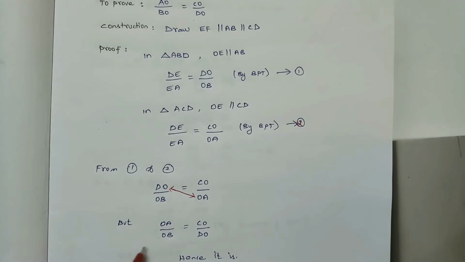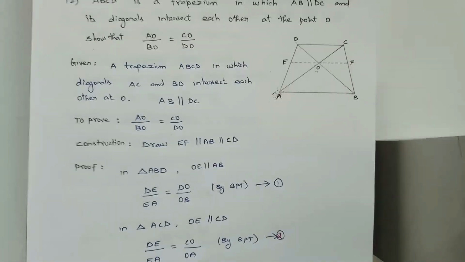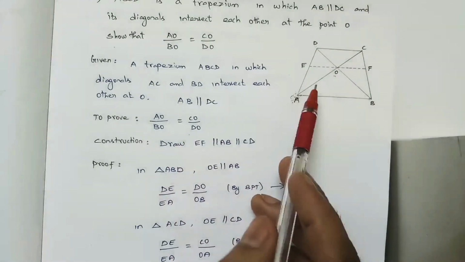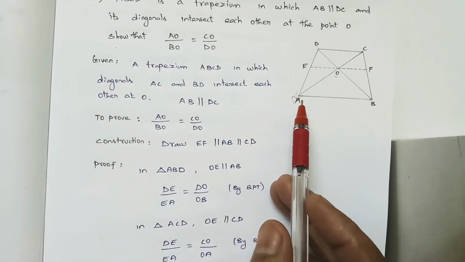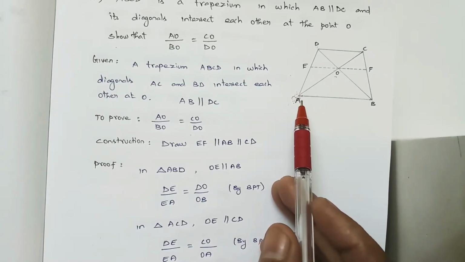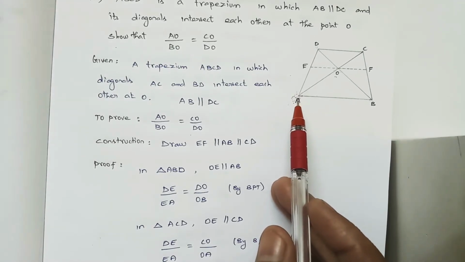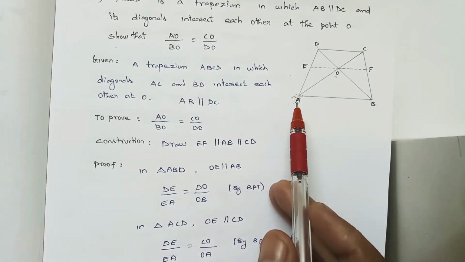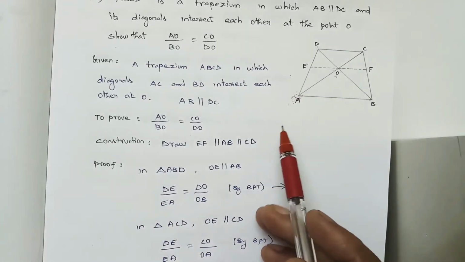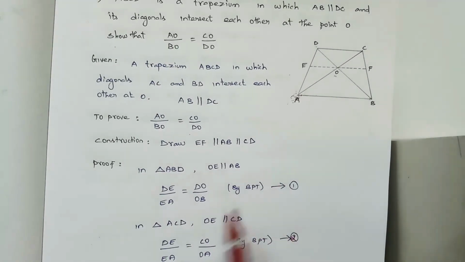Hence it is proved. Understood? So before proving whatever they ask you to prove, from the diagram itself you have to come to a conclusion. How are we going to prove it? What common sides am I going to take? How many triangles do we have, and what properties do we need for them? Do we have to draw any construction or not? Just analyze whatever is needed, and you can do all those things. Then we'll get the proof.